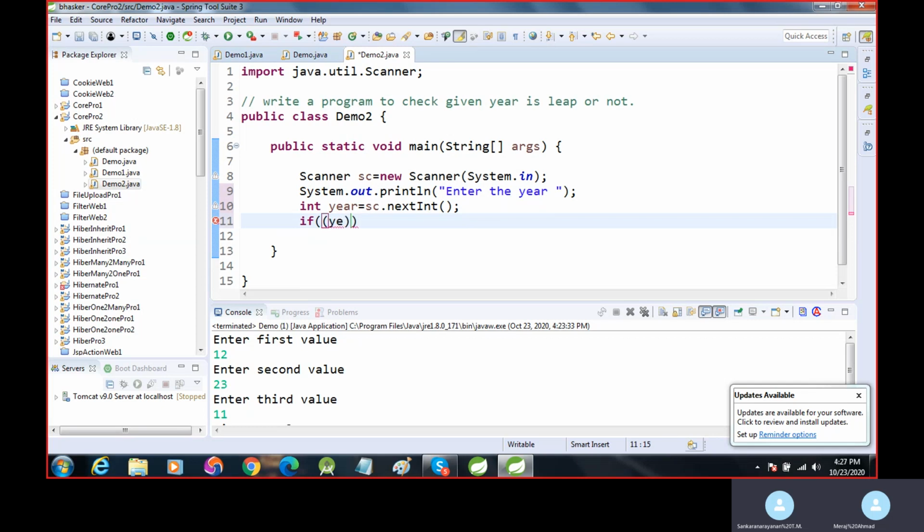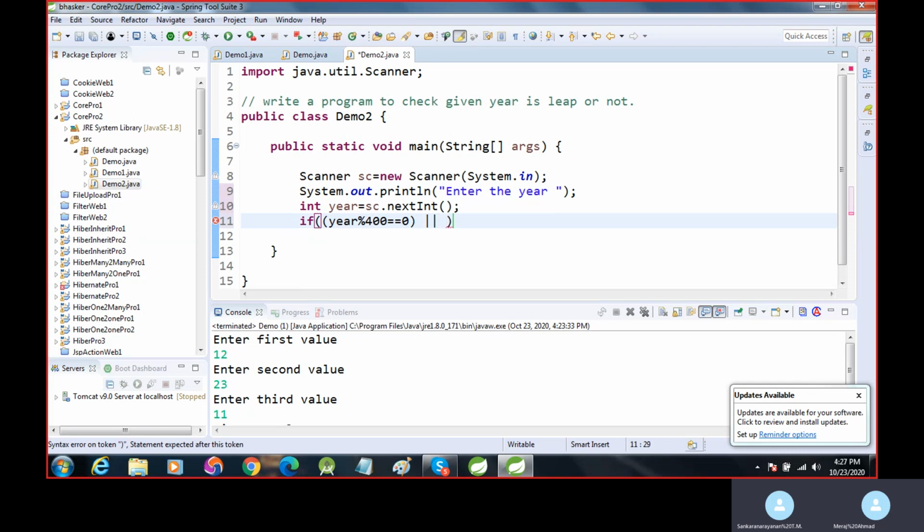So year mod 400 is equal to 0, it will be a leap year.